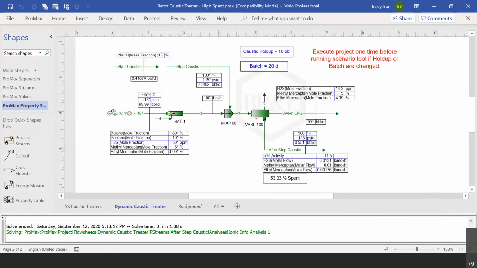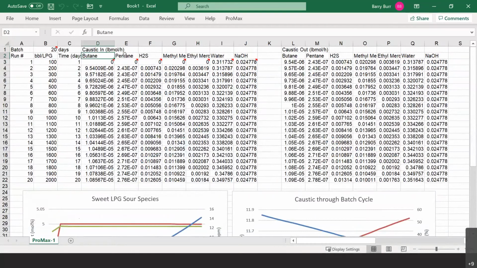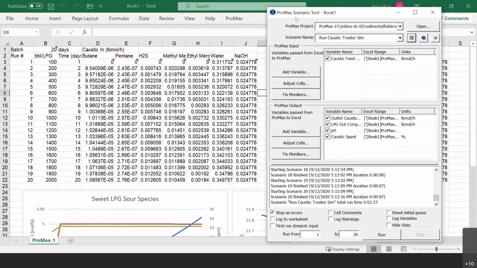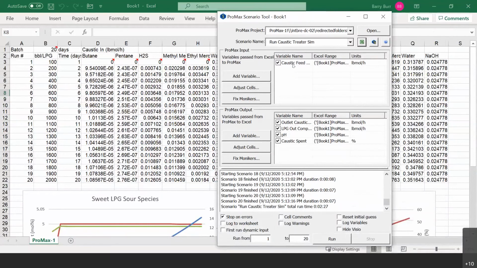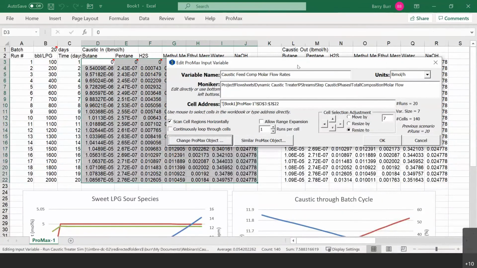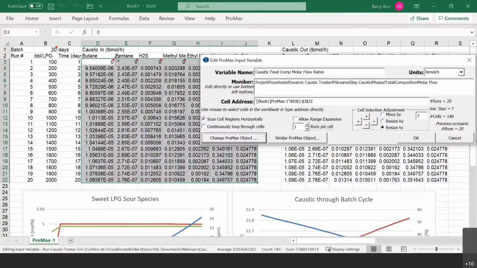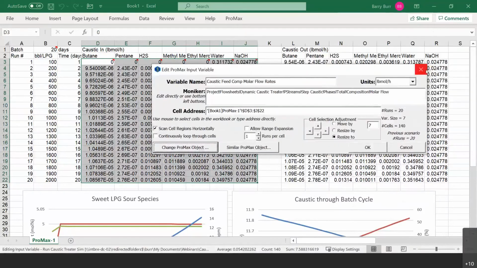mercaptan oxidation model, because the extra complication comes from the fact that there is an Excel spreadsheet that I'm going to share now. You can see that there are columns for each component in your inlet composition. I don't have very many species here, but if you had more species, for instance, in your caustic pre-wash, then in this ProMax scenario tool that is part of the Excel workbook, there are going to be more columns that need to be configured when you're figuring out what your Excel range is for the input and for the output